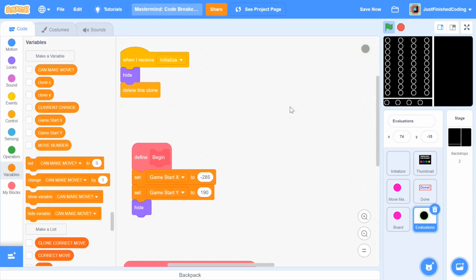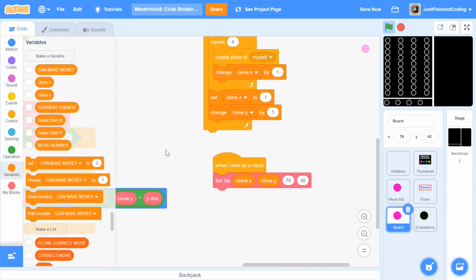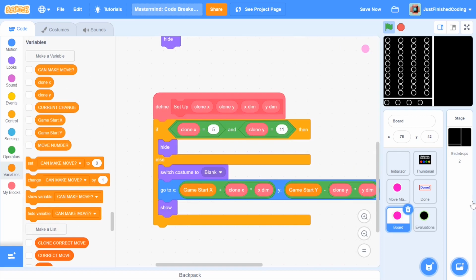And now within the code, you need just a couple of changes. So I'll first be changing the game start x to be 10 instead of whatever that was, because we need it to start right after this line right here, and 10 is the ideal number. And what I'm going to do after that is, okay, I just realized that I had a clone x somewhere here, so I'm going to take that out.